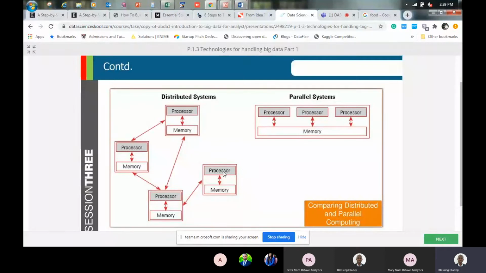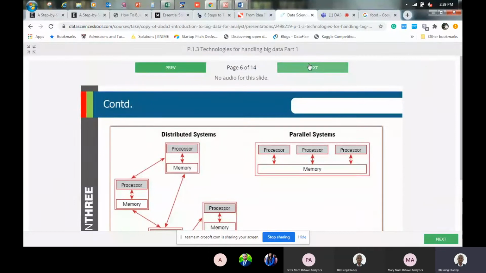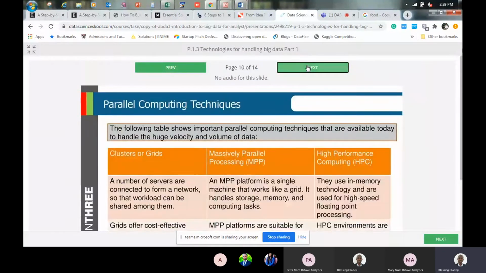So if it will take maybe 3 seconds for only this computer to execute the job, perhaps with 3 processors, maybe I'll be able to execute it in 1 second. So that means I have saved 2 seconds. And when you aggregate all of those 2 seconds together for a very long time, you will say that you are really saving a whole lot of time. So, let's go to distributed computing.